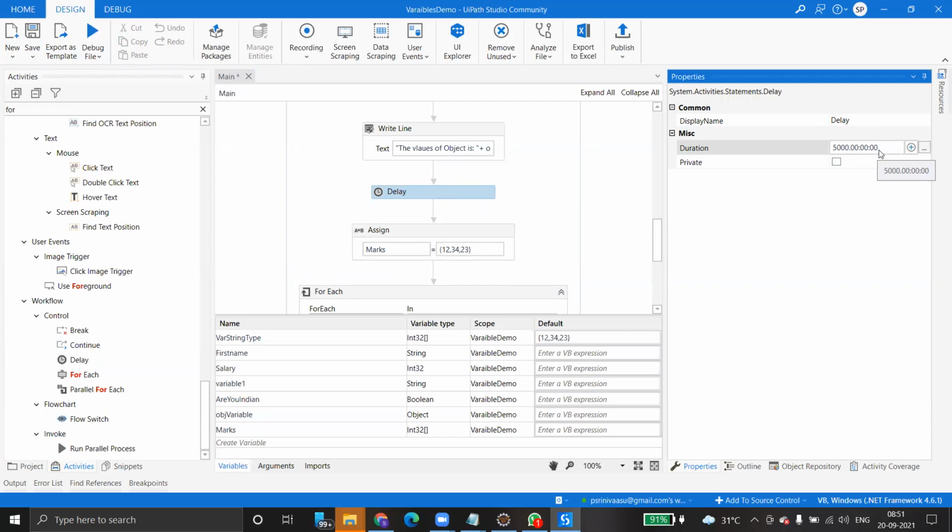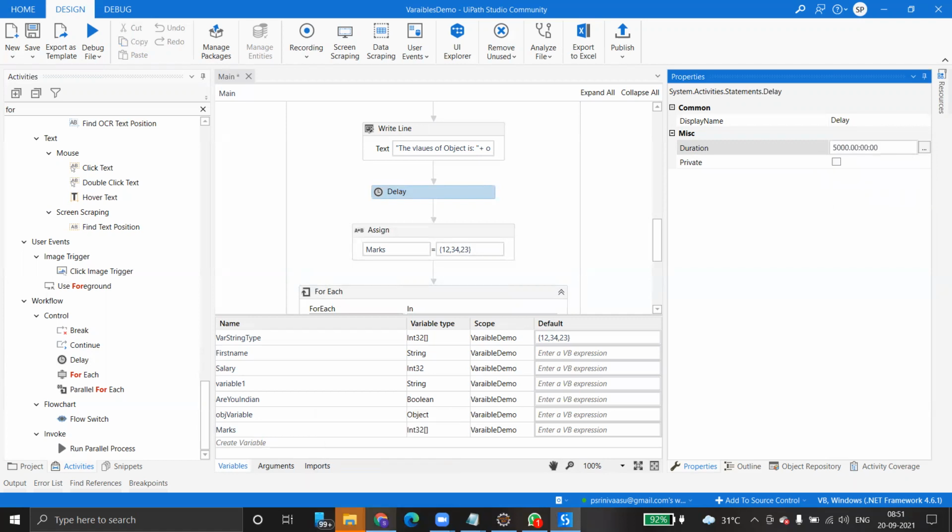So it can wait up to 5 seconds after reaching the delay. See, just give 5 here. Okay, here you can see 5,000. See, this is actually methods. This is actually properties. This is a class symbol. I'm explaining, so if you are able to see these marks, just remember this. This symbol indicates this is a method. This is a property. This is a class. This is a property again. See namespaces. And these are actually constants. These are actually keywords. Okay.